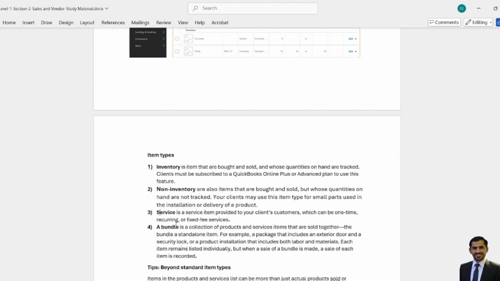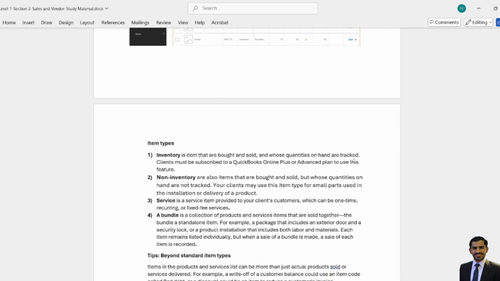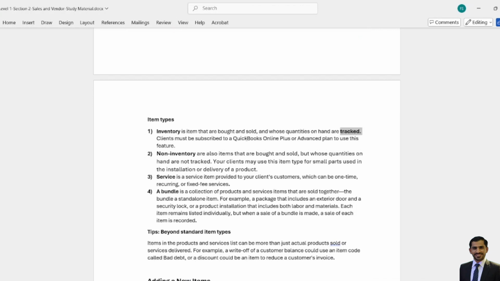These are the total 4 types. We use inventory when items are bought and sold and whose quantity on hand is tracked. This is the main thing. If you're buying and selling goods and tracking them, then inventory shall be used, and the inventory function is available in